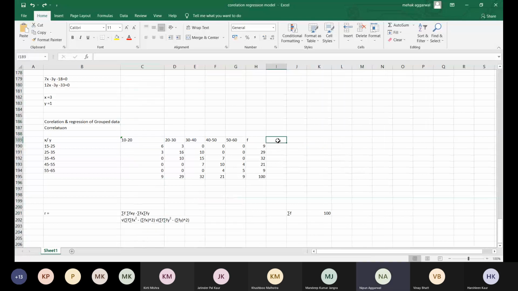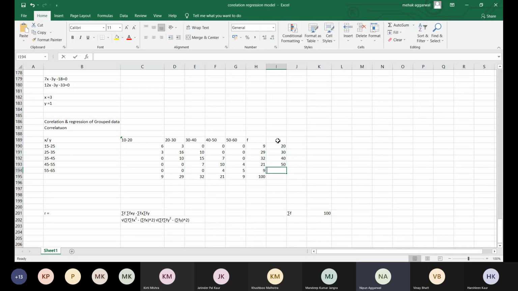so for that you require, this is a continuous data. Now you require the midpoint of the x to calculate it, because again you have to satisfy both the conditions, inclusive and same class interval. It is satisfied already, so we have to check the midpoint of 15 and 25. The midpoint is 25 plus 15 divided by 2, so 40 by 2, which is 20. Then 25 plus 35, 60. 60 by 2 is 30.